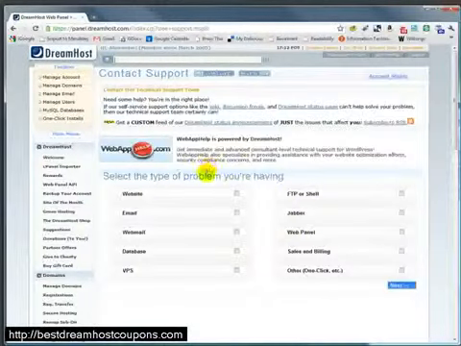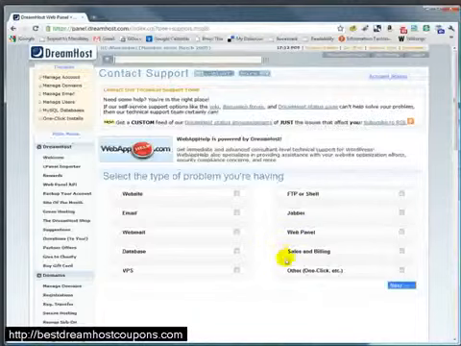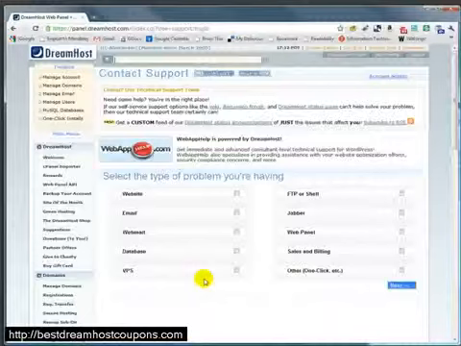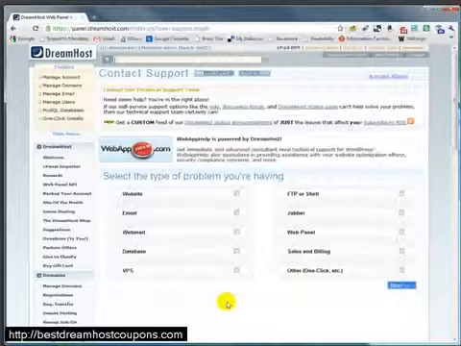So here's where if you have a problem with your hosting, something's not working, you failed to get access for some reason, or there's some kind of a problem, you can contact support. At some point, I think they actually charge you for support, but at a basic level, if there's a problem with the hosting, they can help to fix that. Mind you, if